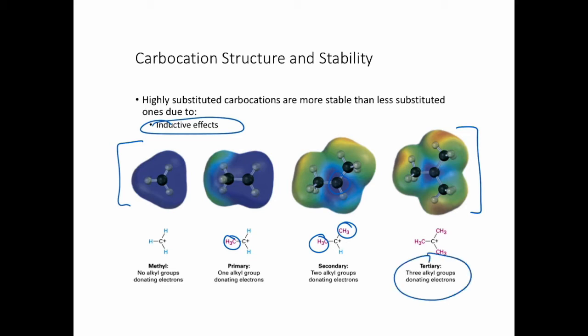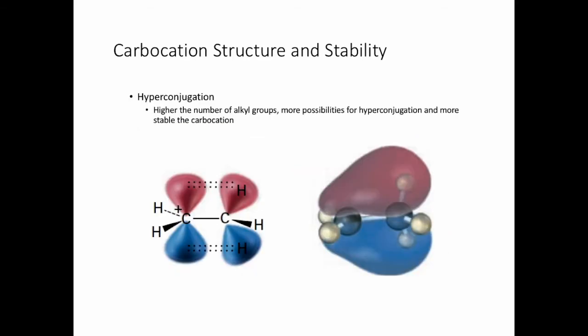So over here we have 3 alkyl groups. These 3 methyls are inductively sending electron density toward that positive carbon, which is stabilizing. The second reason is hyperconjugation, which I introduced last time. With hyperconjugation, the CH bonds are overlapping with the empty p orbital on the carbocation carbon, and that has